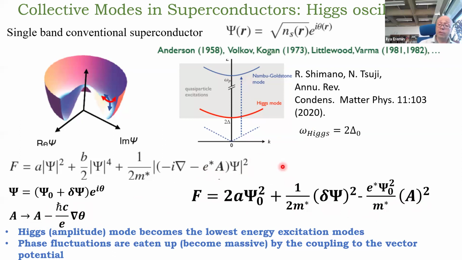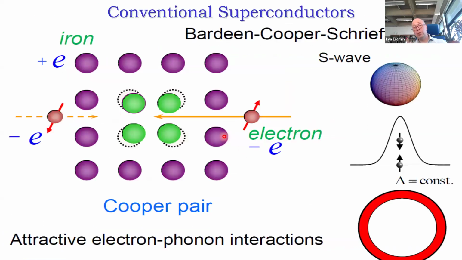So this is all very well known, and the excitation at the 2 delta is called, in our community, still a Higgs amplitude fluctuation, although the true Higgs mechanism is actually connected to the gapping of the phase fluctuations. Anyway, the microscopic theory for the conventional superconductors was developed in 1956